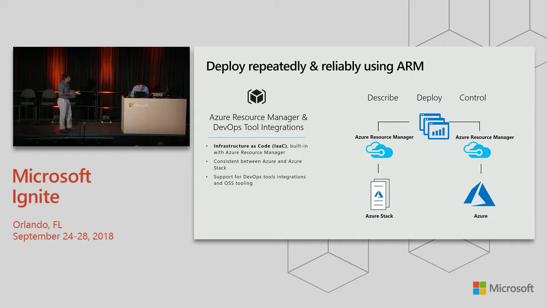So for those of you who are familiar with Azure, you're probably writing ARM templates. In the DevOps terminologies, it's what we call infrastructure as code. Being able to define the infrastructure needed for your applications as a JSON file or any format, so to speak, so you can deploy that infrastructure over and over again deterministically and know that that's the exact same infrastructure that you get every time you deploy. This is one of the biggest concepts of DevOps, and Azure Resource Manager enables that for you in the Azure ecosystem.